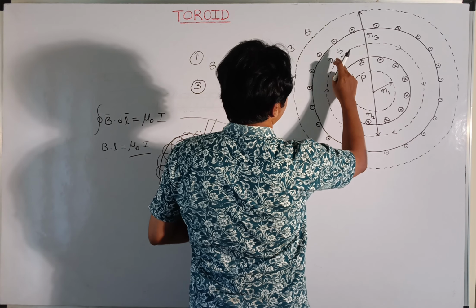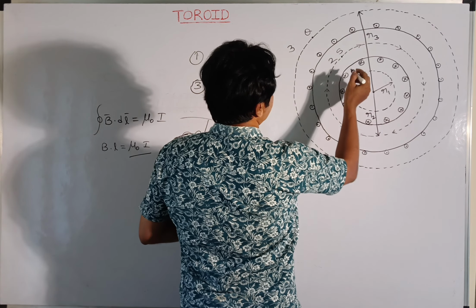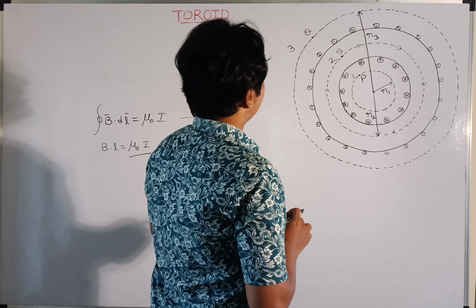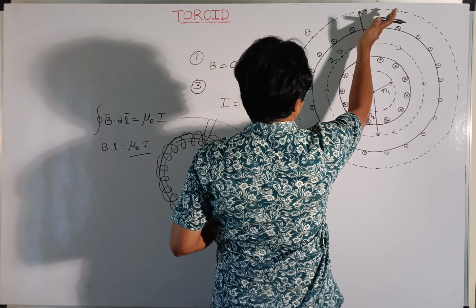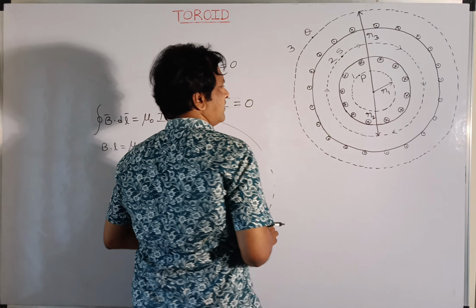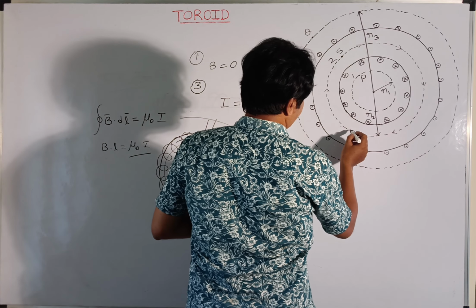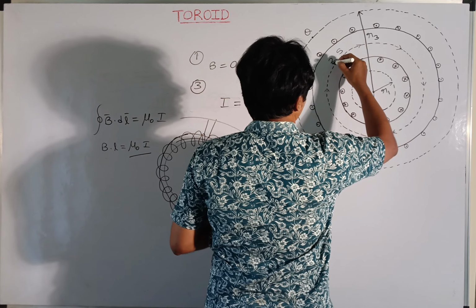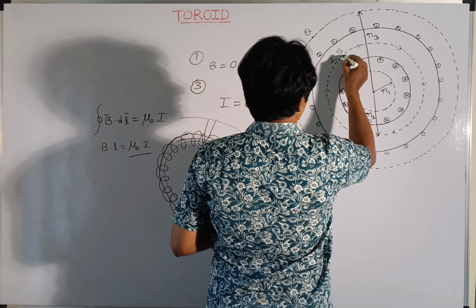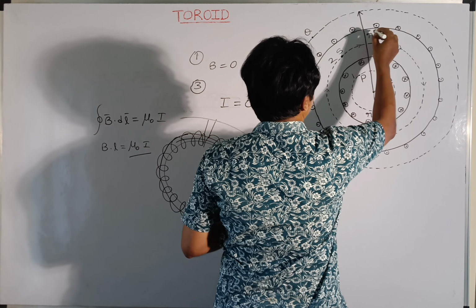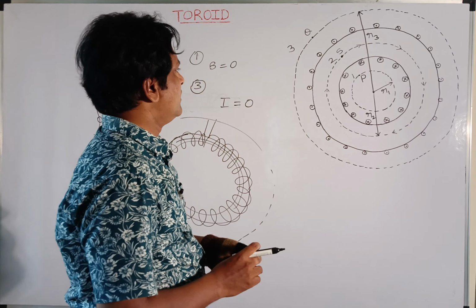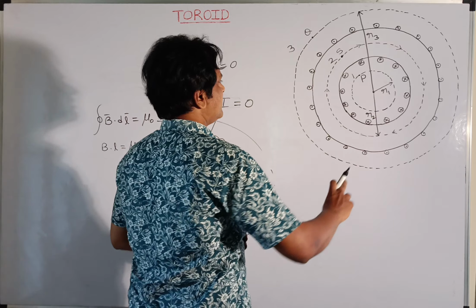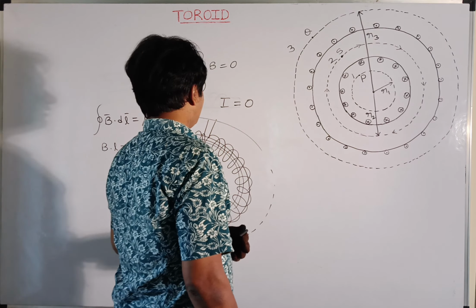On the loop 2, which is going through the coils, the spot S where we calculate the magnetic field will be tangential to this loop. The magnetic field everywhere on this loop is tangential. That means when you draw a tangent like this at this point S, that is the direction of the magnetic field. So how the magnetic field is calculated on this loop means, if you consider this radius as R,